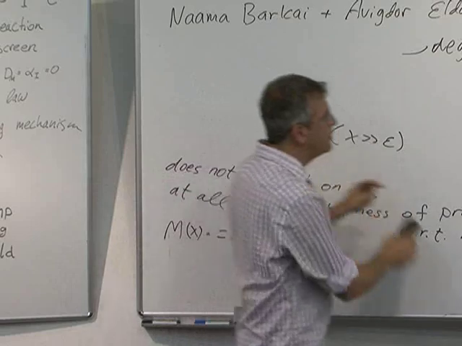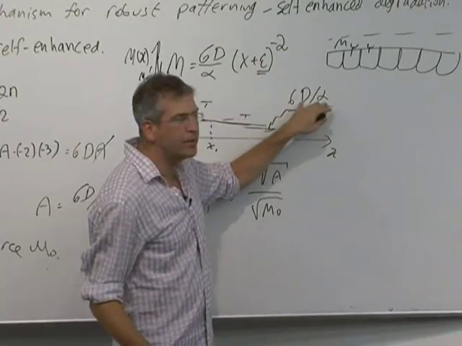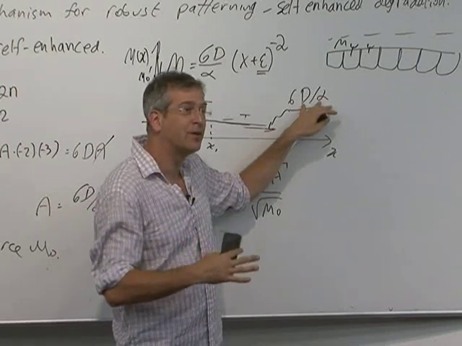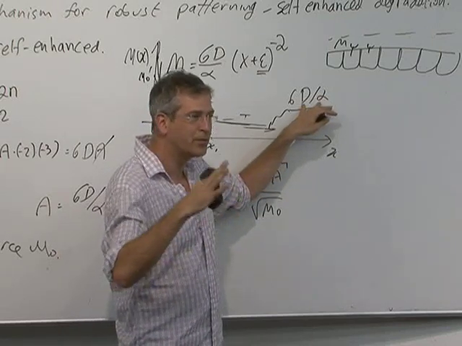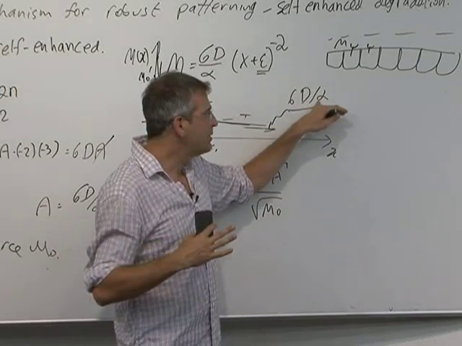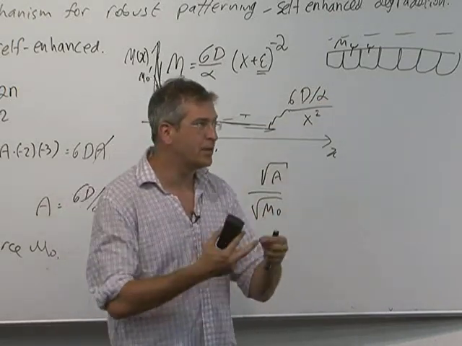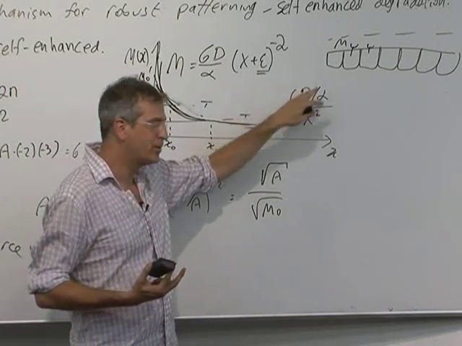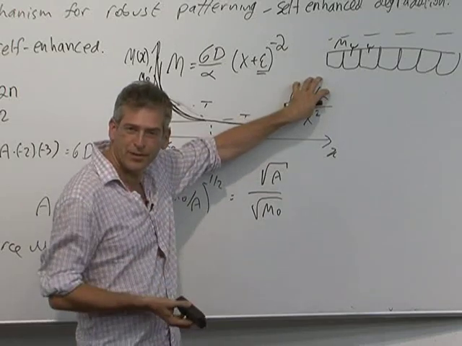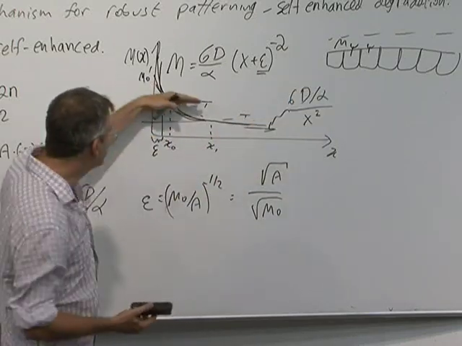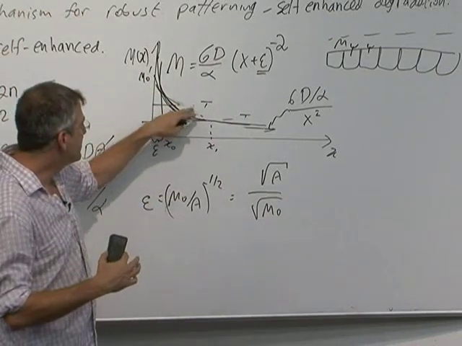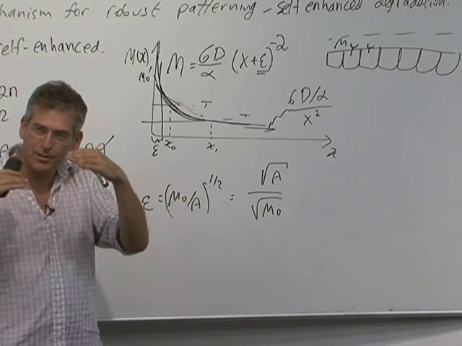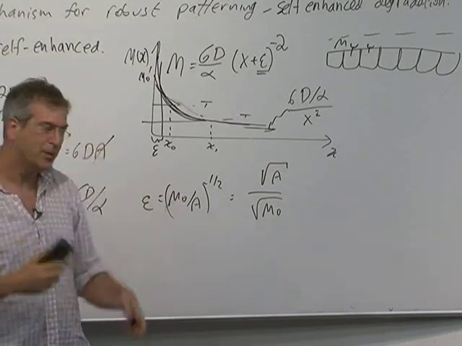Oh, by the way, you can say it does depend on the diffusion constant and on the degradation rate, but those are different. They're not like concentrations of proteins. The diffusion constant is very fixed. It doesn't depend too much on temperature and things like that. The specific rate of the protease is also like a hardwired molecular number. So if you change this, you do change the profile. Also, if you change the thresholds, let's say by making mutations in the receptor, you can also change the pattern. So you can evolve the pattern. You can make a bigger head, smaller, but you need to make mutations that change the threshold. Right?